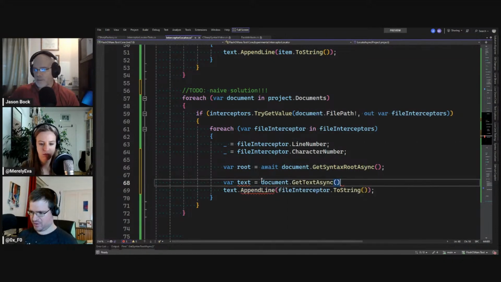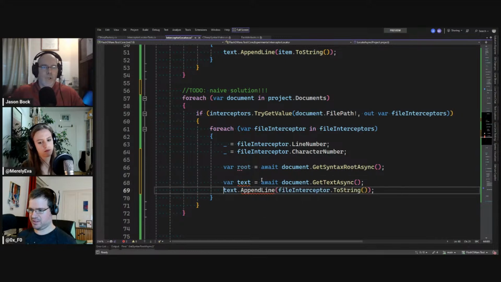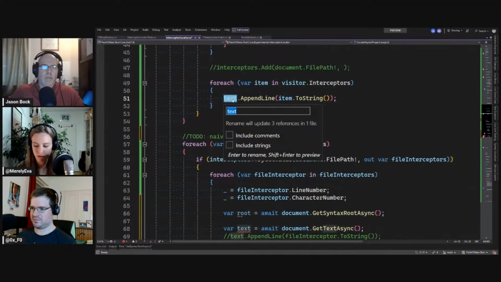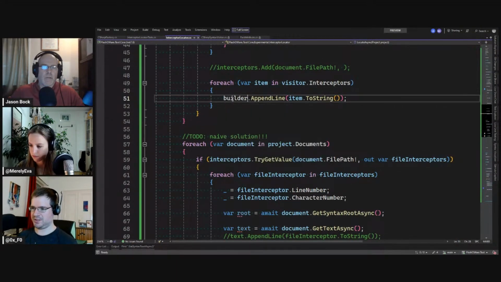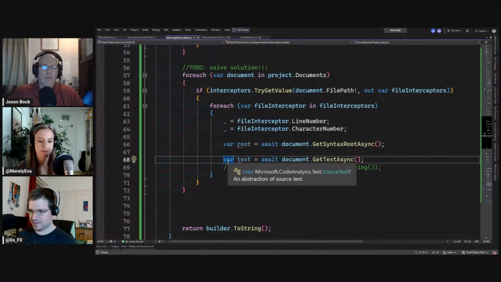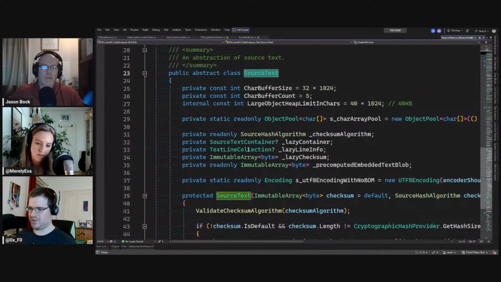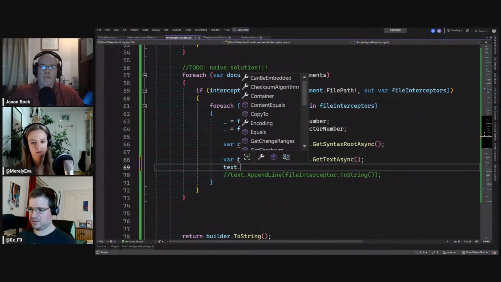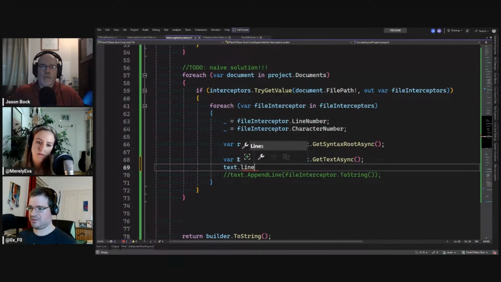Maybe we could get the text, and I also will use that output builder. And this is a source text. Let's see what source text has. Lines. Oh, it does.